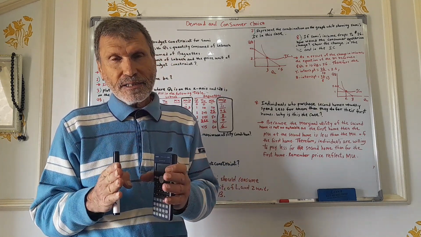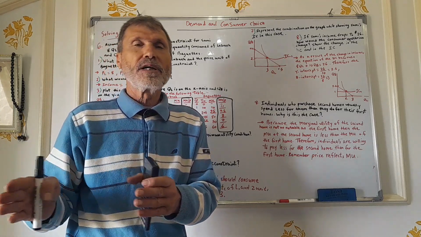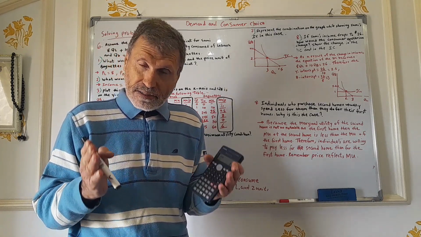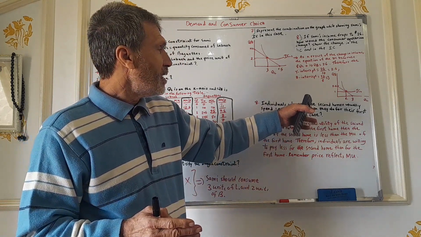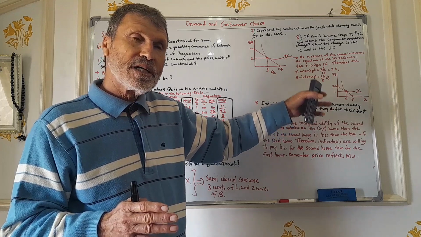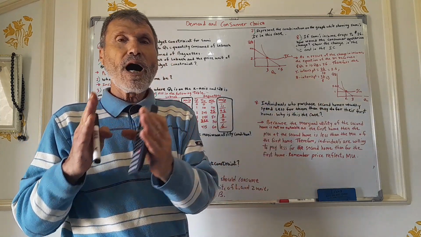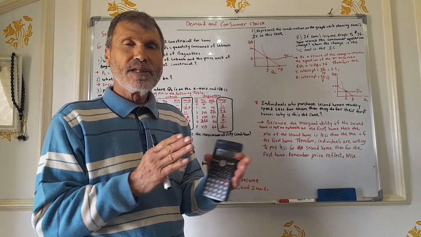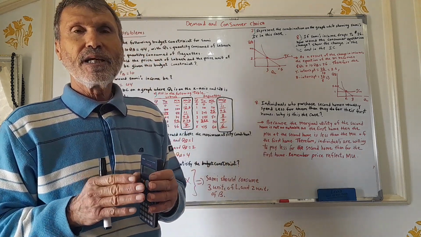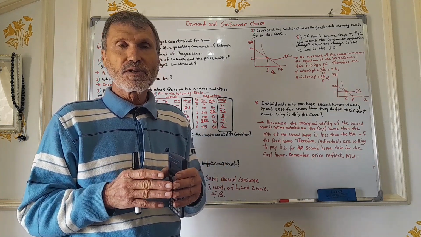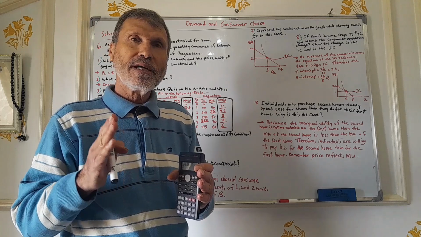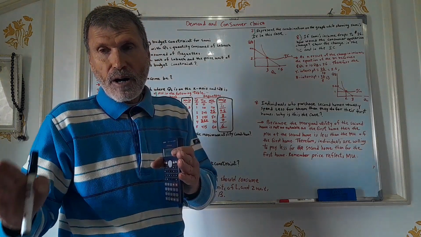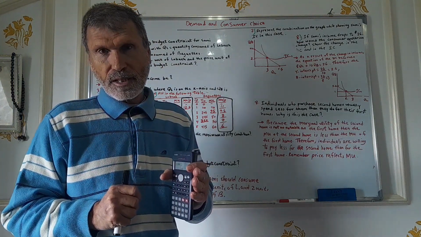Why? Because the price will always reflect the marginal utility rather than total utility. If the marginal utility is less, therefore the price is going to be less. That's why consumers will spend less money for the second home than for the first home, because the marginal utility for the second home is going to be less than the marginal utility for the first home, and thus they will spend less money for the second home, because marginal utility reflects the price rather than total utility. In other words, the price will reflect marginal utility rather than total utility. And this is the answer of this